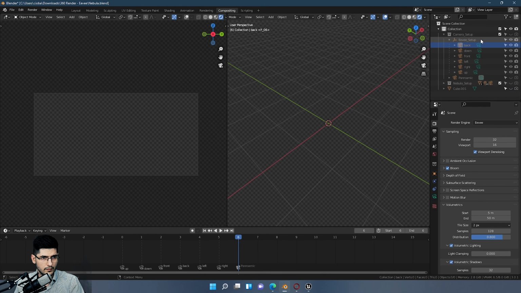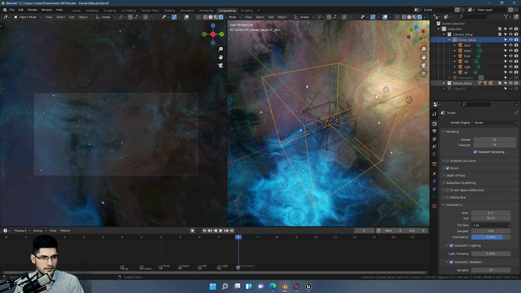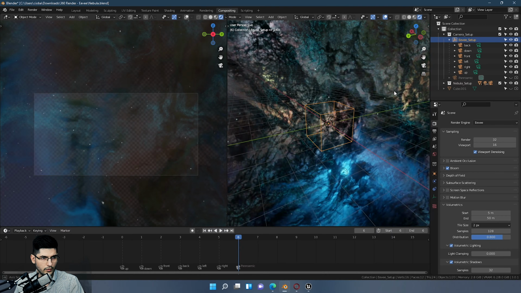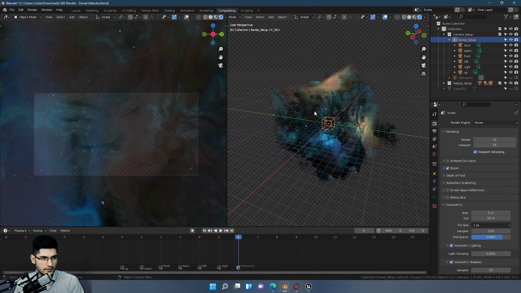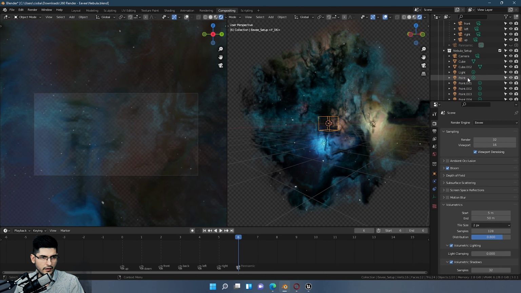the cameras. So with the camera setup on, we've got in here also a nebula setup. So if I activate this, this is actually the nebula that I've got within the scene, and you can see it's quite big. So the nebula is quite a big structure. There's actually in this particular case, the nebula is made out of